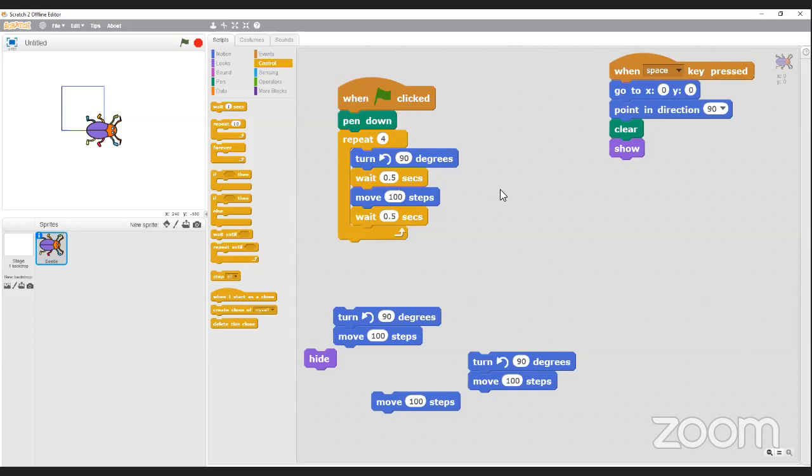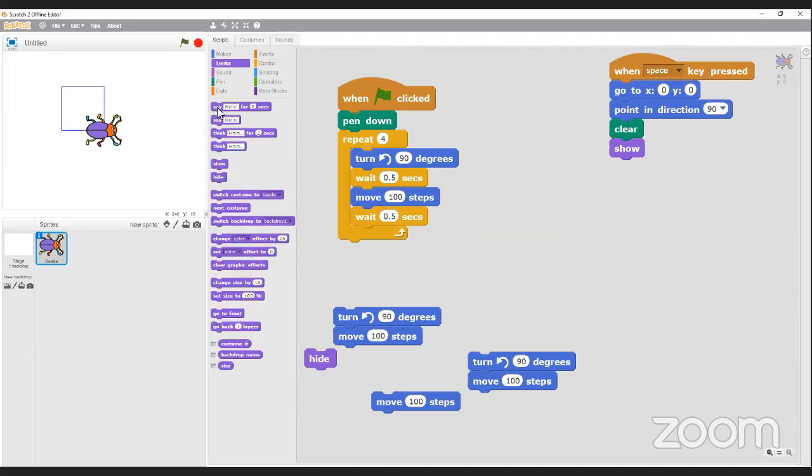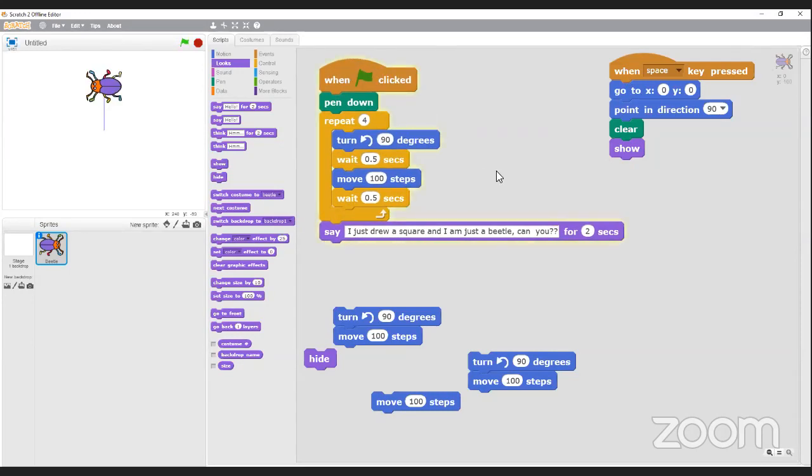So, can you make the person talk? Yes, we can. We just go to looks, and when it's all finished, we can say, I just drew a square, and I am just a beetle. Okay, let's see what happens. So press spacebar here. We can draw, and done. There we go. So that's how you draw